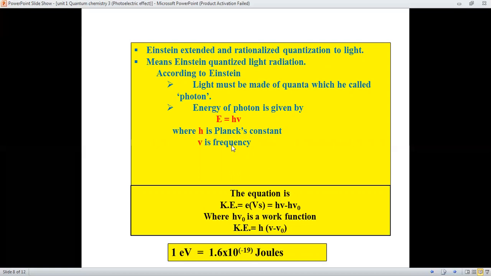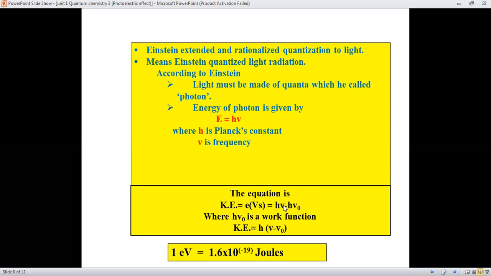When light is incident on the metal surface, according to Einstein's assumptions, light consists of photons. The photon gets completely absorbed, and its energy is utilized in two ways. The electron which is bound inside the metal has its own binding energy, that is h mu 0. So when the energy of the photon is equal to or greater than this energy, the emission of an electron with some kinetic energy is possible.